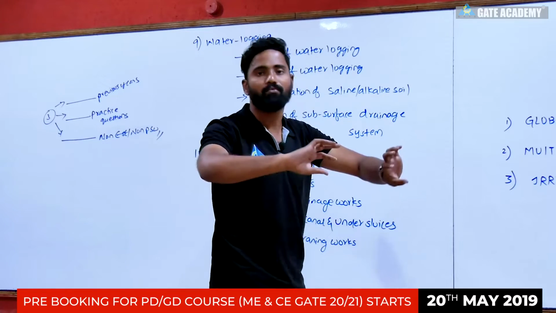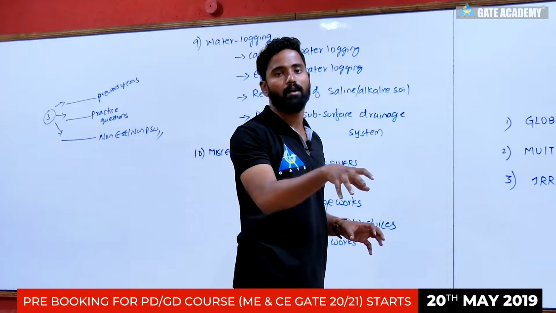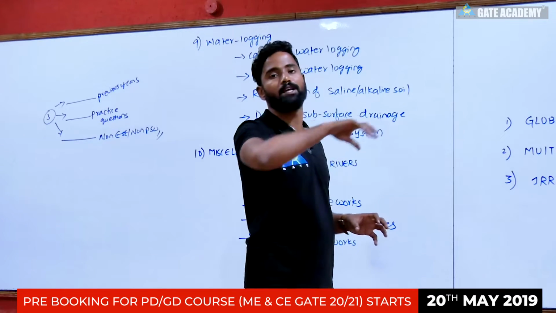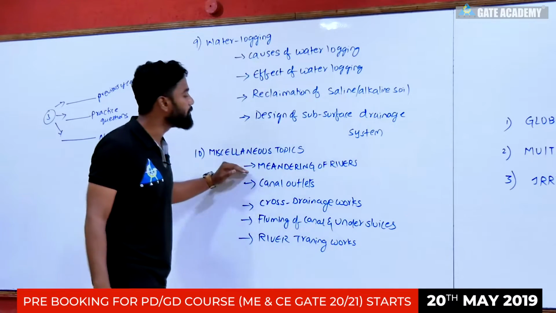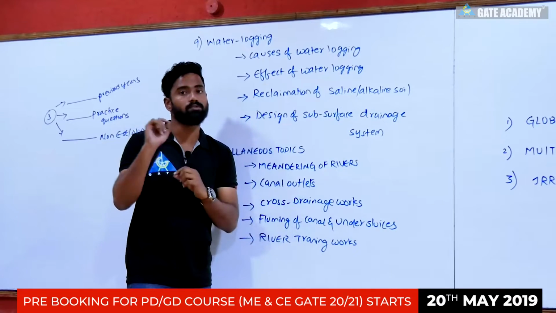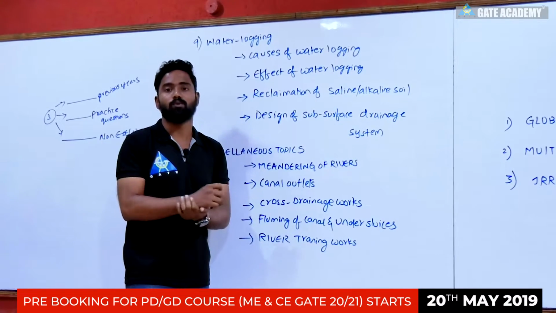If it is moving at a faster rate, there will be scouring of the soil, right? Because of that, the course of the water keeps on changing. That is called meandering of rivers. This meandering of rivers, you know, in interviews they'll ask, Ganga is a meandering river, so what is